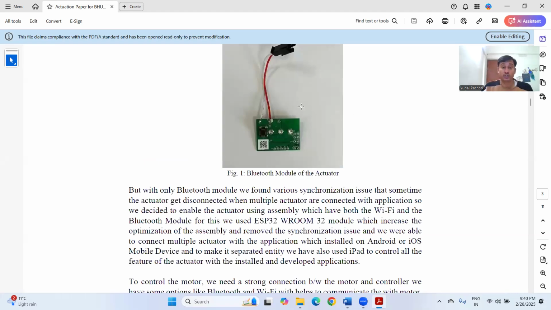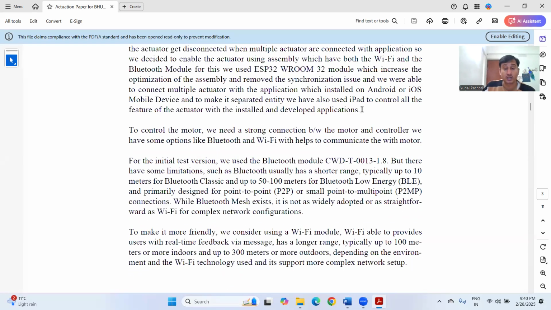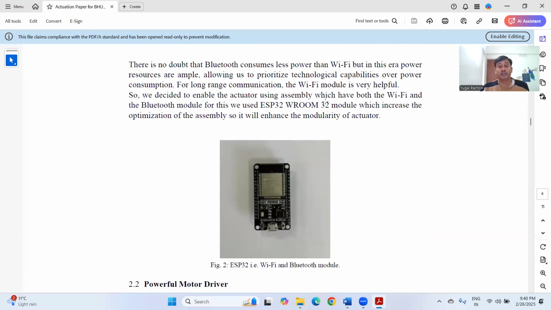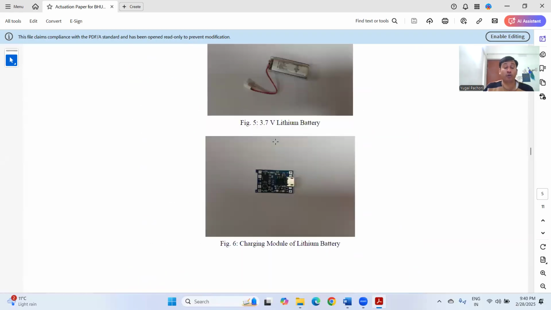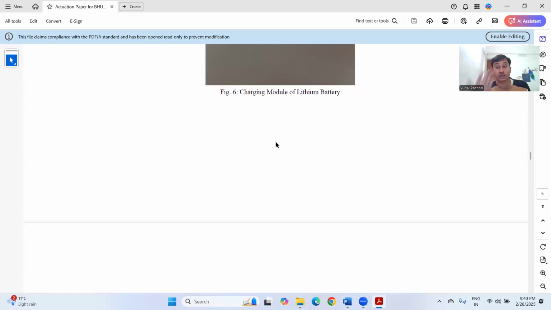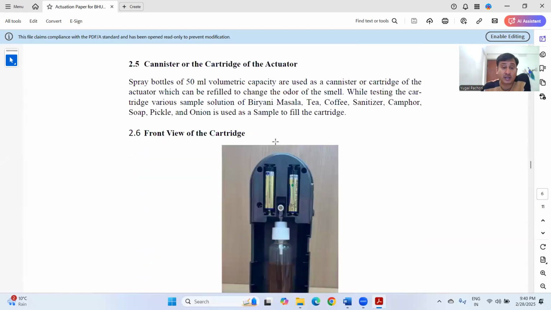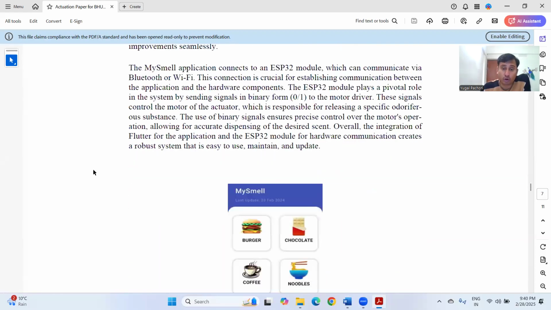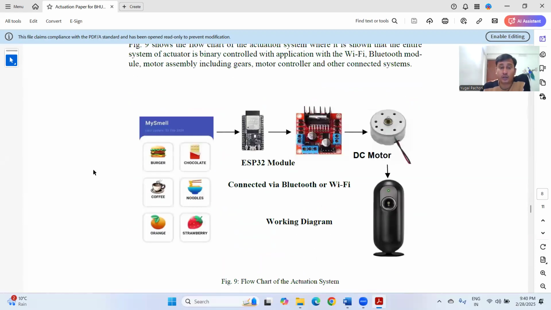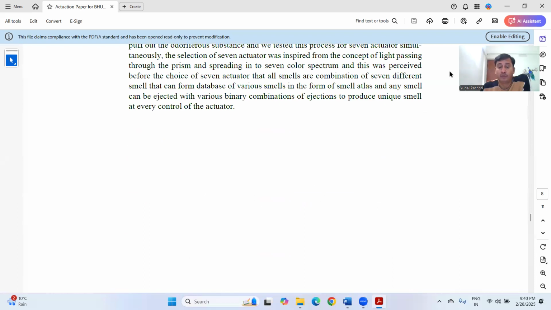Then come images, which should be original in nature. They should not be downloaded from the internet. Then some more images. You have to give a detailed description of each and every part of your paper, and the future aspects of your research should also be highlighted in your paper. Then only is a paper complete. And the length of the paper, whether it is 6 pages or 8 pages or whatever, all those details are written in the conference template. You have to strictly follow them. Then only are your chances of selection more.